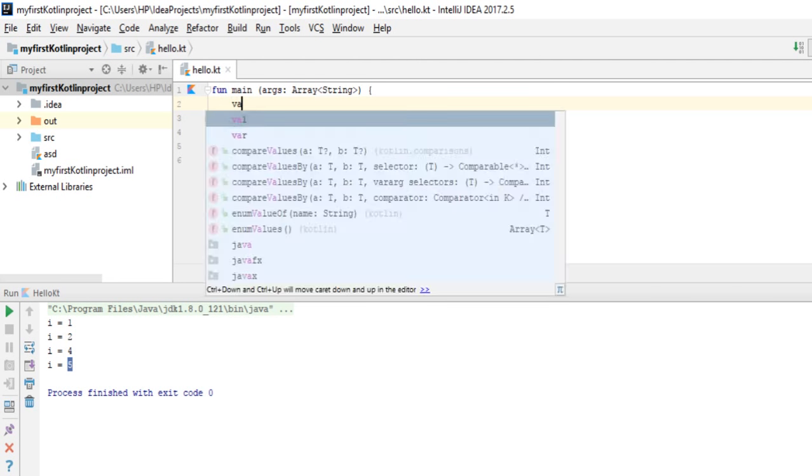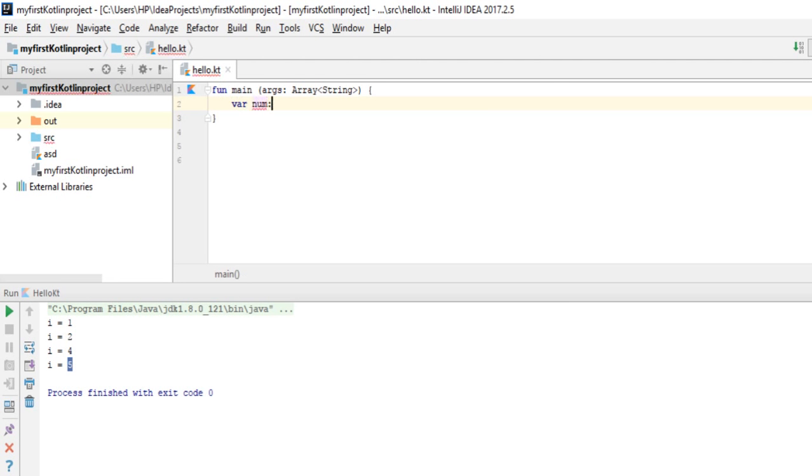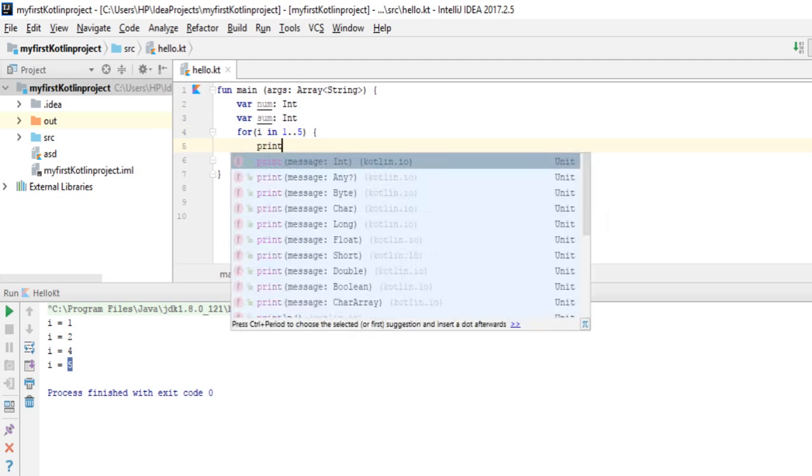So for example, num of integer type and then another variable sum, in which I will be storing the sum of the integers entered by the user. I'm going to use the for loop, i in a range 1 to 5, so the user will be asked to enter a number 5 times, and then inside the body of the for loop I will write print